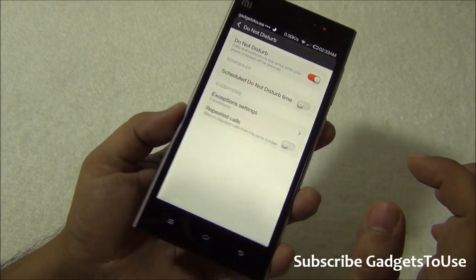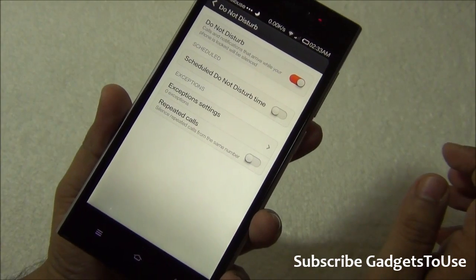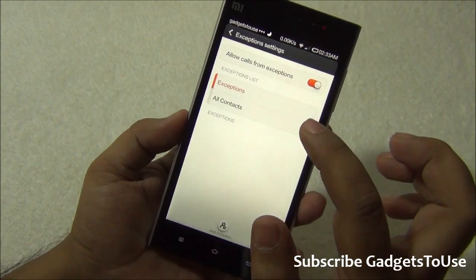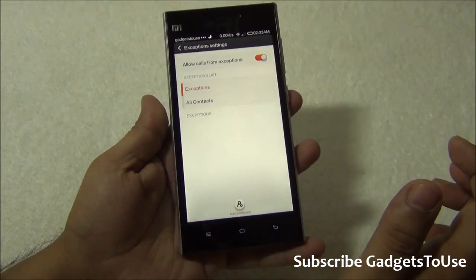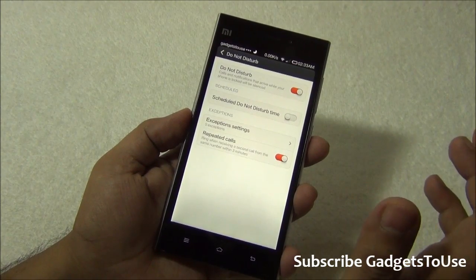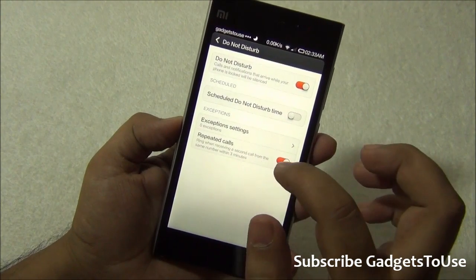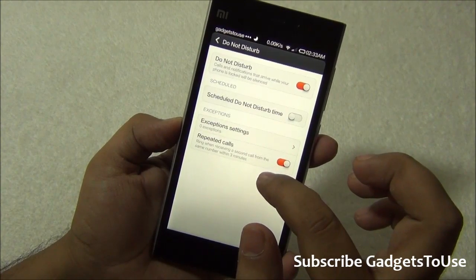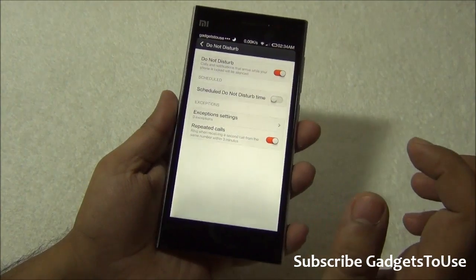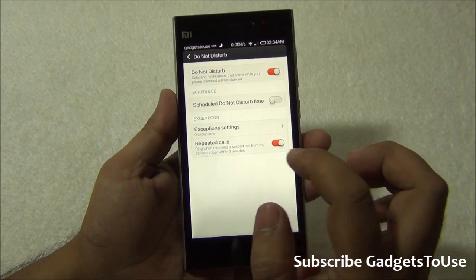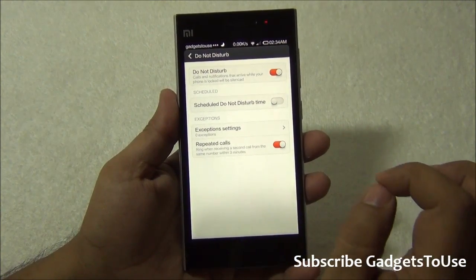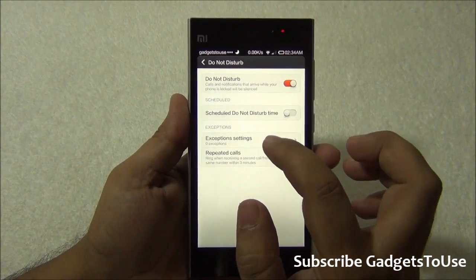We do have do not disturb mode, in which you can specify what kind of exceptions you would like to set. So you can set any specific exception contact. Even in the do not disturb mode, whenever that contact calls, the phone will ring. In case you would like to use the repeated call feature, it will ring whenever you receive a second call from the same number within 3 minutes. So within 3 minutes, if the same number is calling again and again, then you will actually hear the phone in ring mode. So ring mode will get activated in that case,